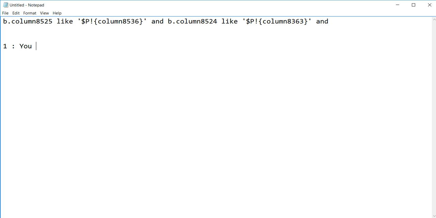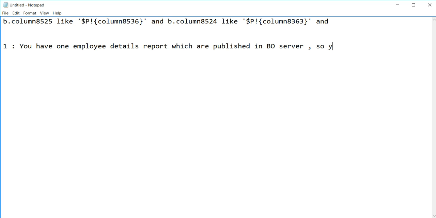Suppose you have one employee detail report which is published in the BO server, and you want to open that report on your desktop.